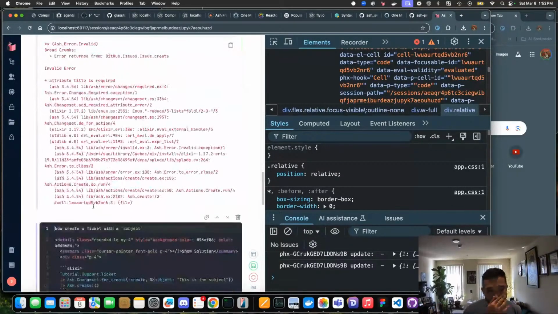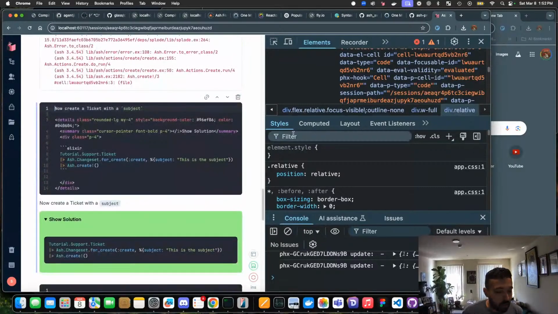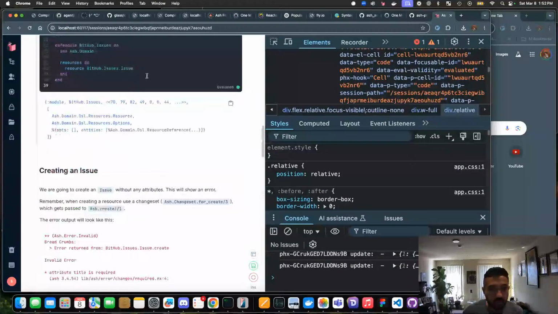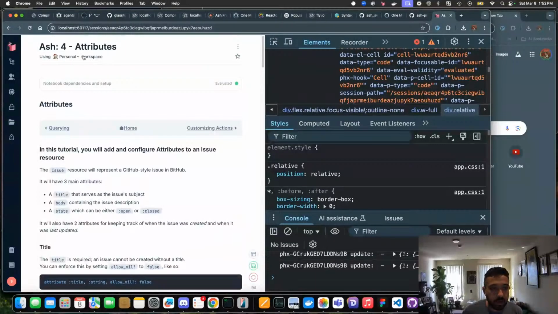So I'm going to get back to coding this up because I definitely do want to finish this today, and there's still 3 or 4 more. So